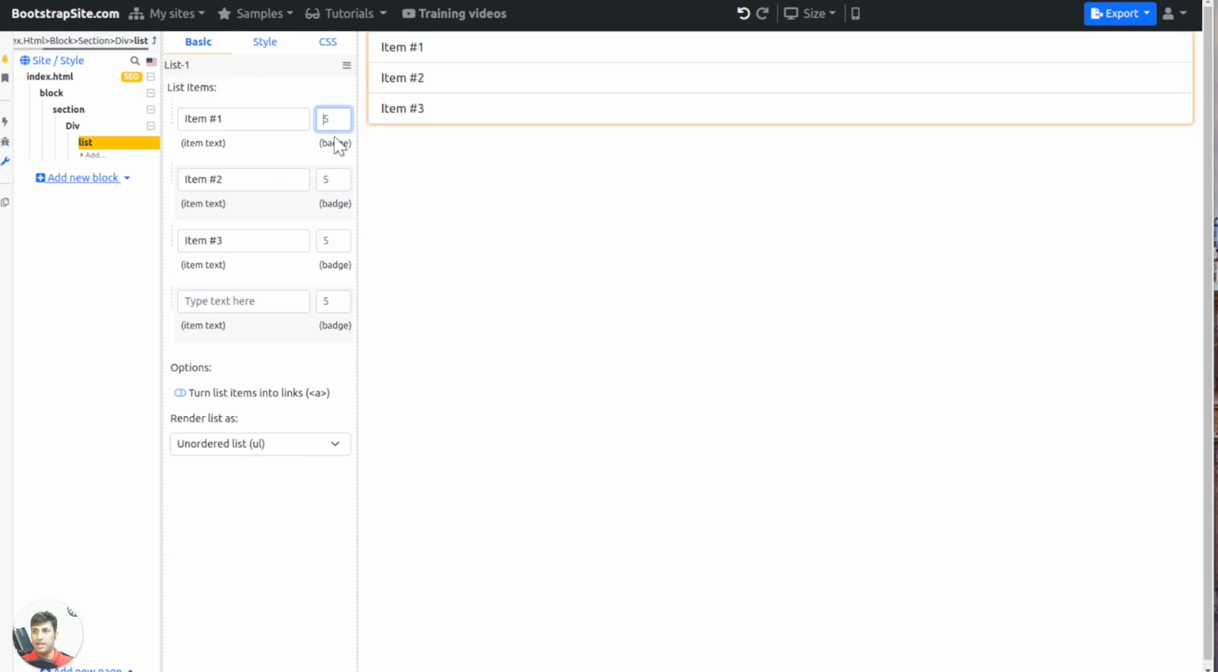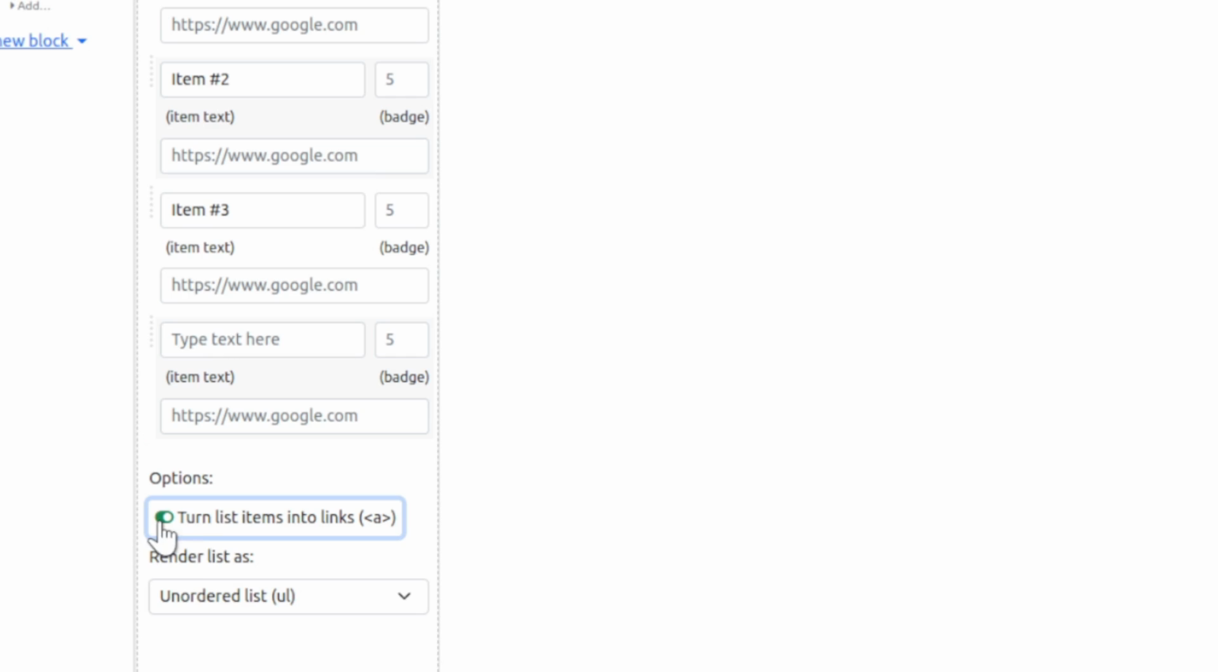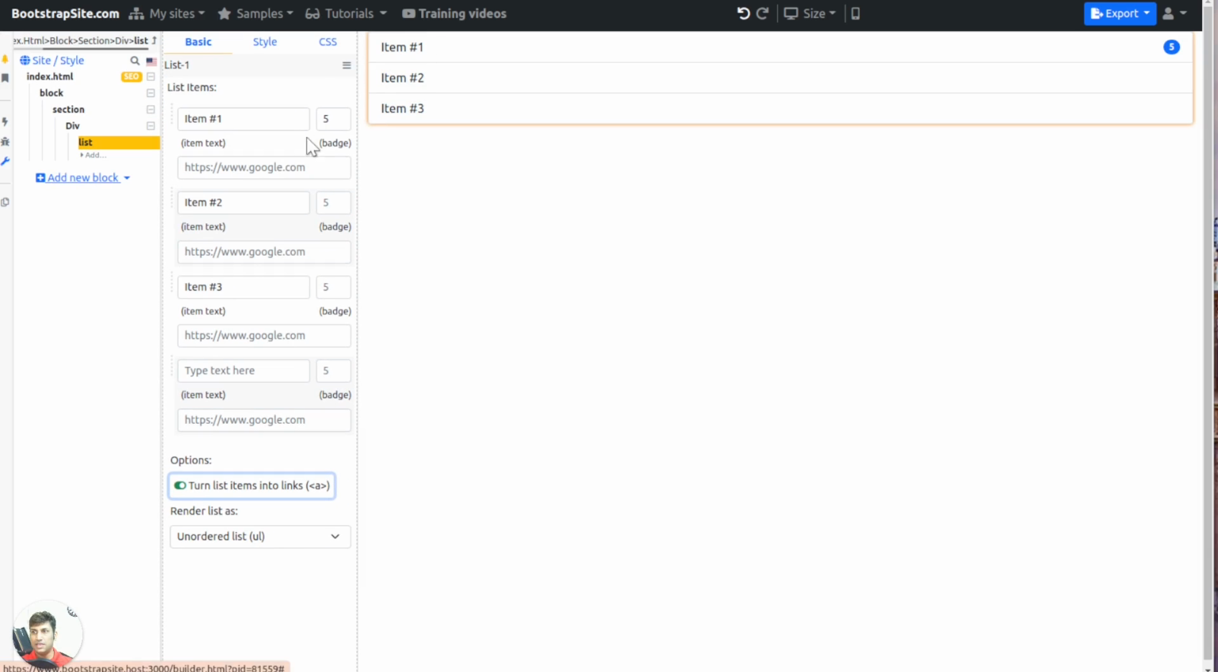You can even add badges to your list. Like if you want to say this item has some badge like 5, and this will help you to change your list. This will turn this list into div, or this will render it as a UL tag. And if I toggle this on, now I can even link these items. Like I can link it to say link 1,